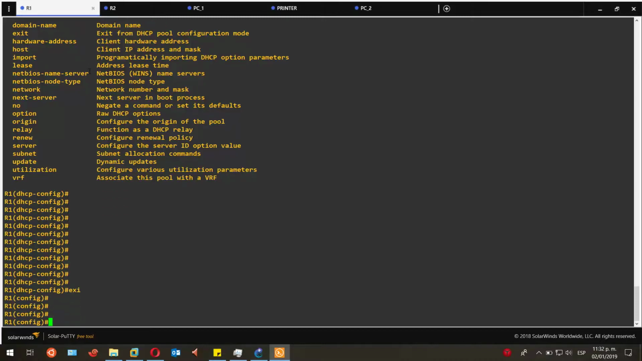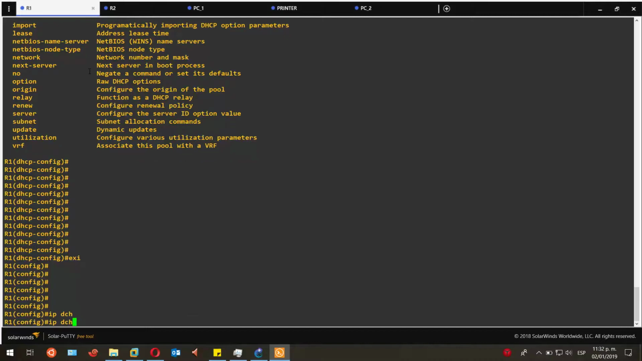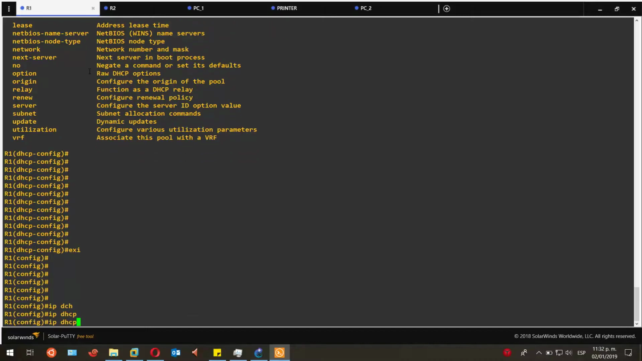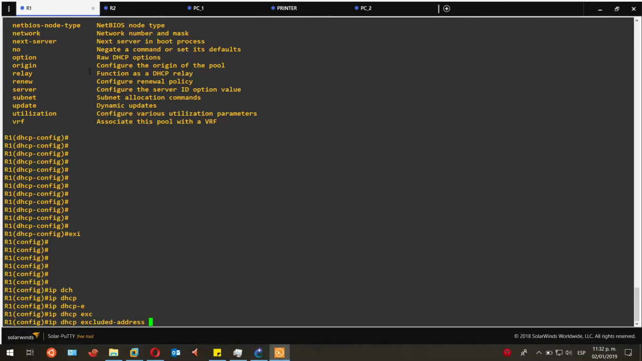Well, you just go to configure terminal and you type ip dhcp excluded-address, and then you type the IP addresses that you want to exclude. What this means is that these IP addresses are not going to be assigned dynamically to the devices that can reach this DHCP server. In this case, I'm just going to exclude the gateway's address,